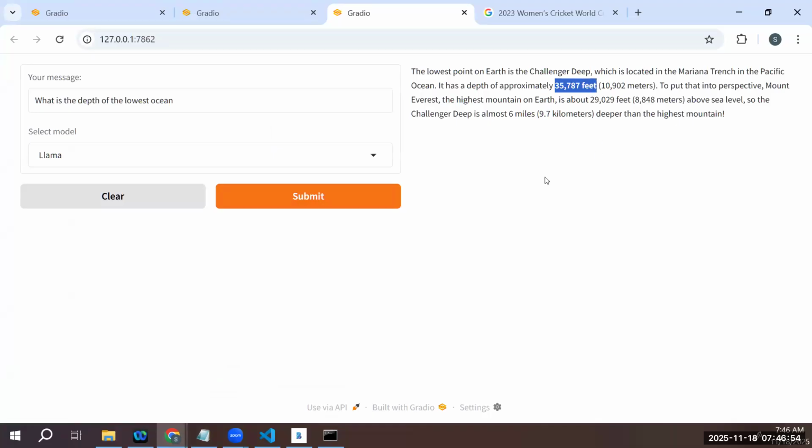So I'll ask two models, and they should give me the same information, the same name of the place, Challenger Deep, and also approximately the feet information, the depth information. So both of them should be closer, similar. Then